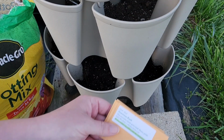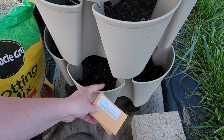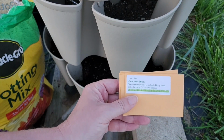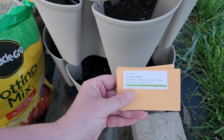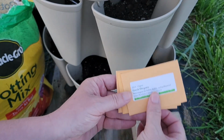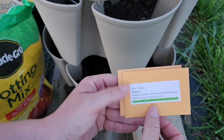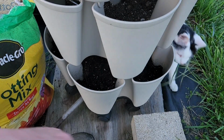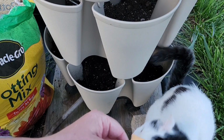Alright, so in these lower spots down here, I'm going to be putting these. I'm going to start with the basil. Now basil can get really big. I'm also going to do oregano, the cumin, and the dill in this lower. So let's start with the dill. Now this